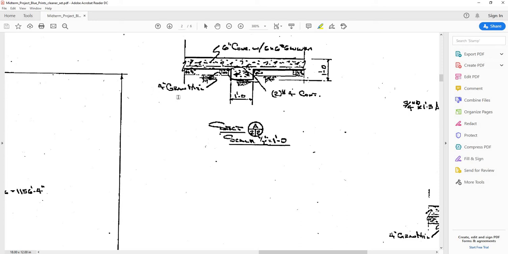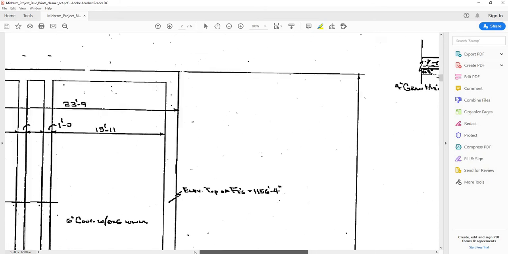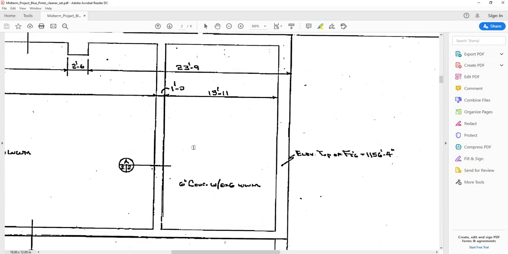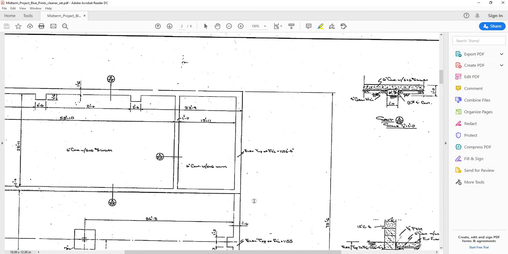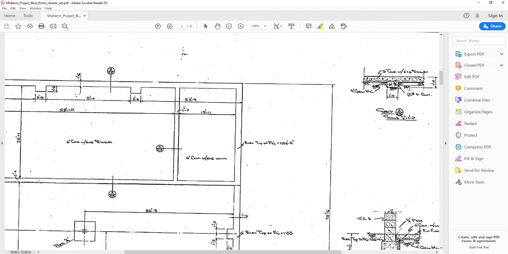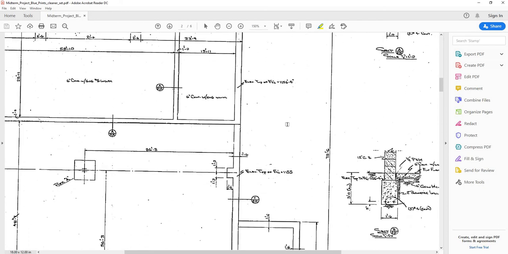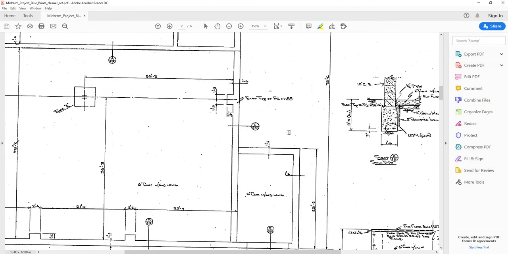By the way, this is 4 inches granular material, gravel. And in here, that will be a footing that is 1 foot wide by 6 inches thick or deep. These are the locations for these partitions, interior partition walls. And that's what these mean in here. So if I go to the next page,